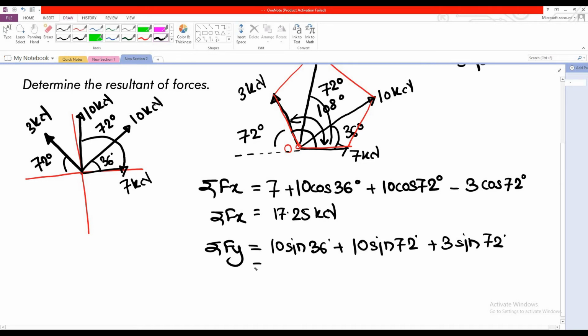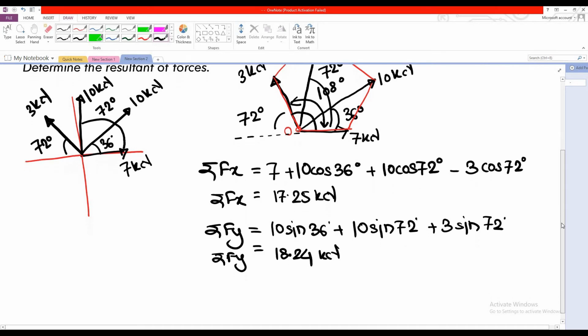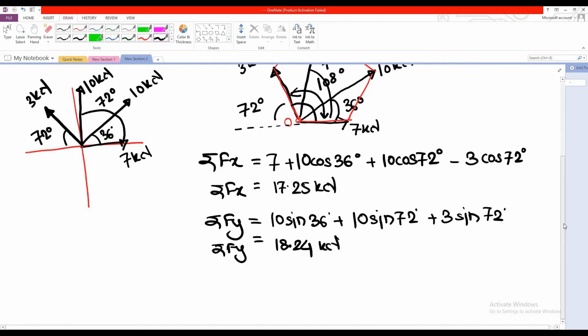If you calculate this, summation Fy comes out to be how much? 18.24 kilonewton. Okay, and now from the signs itself we can directly say that the resultant is going